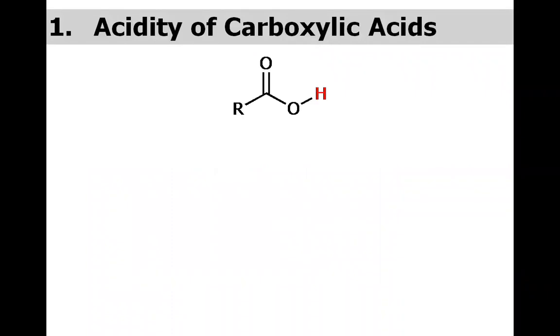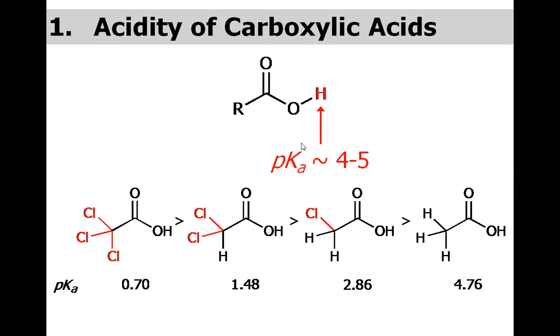As the name suggests, carboxylic acids are acidic in nature. This is the acidic proton that departs when the base is treated with this carboxylic acid. Carboxylic acid has a pKa value of 4 to 5. So if we consider different halogens, the number of halogens linked to the alpha carbon, how does the pKa value vary? You are not supposed to learn or memorize these pKa values, but just consider the trend.